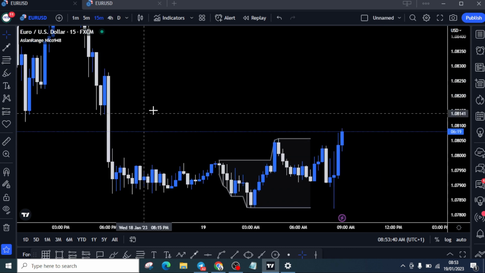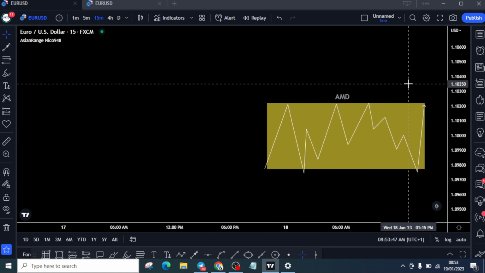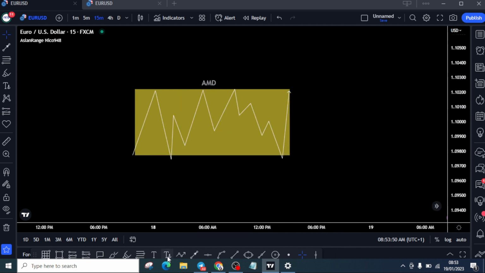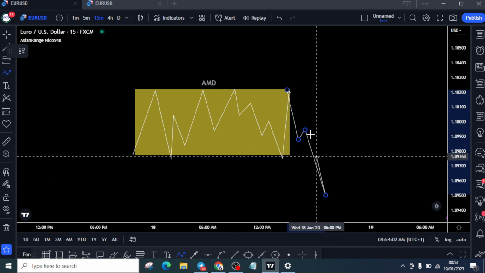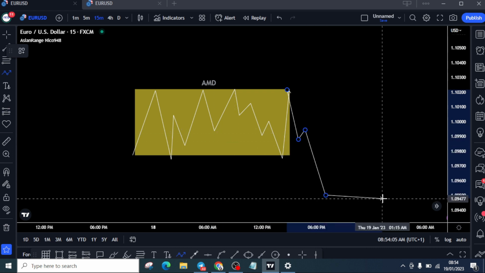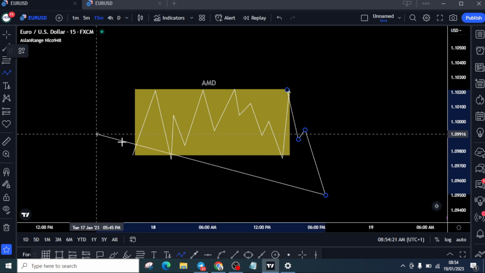Now you need to listen. Okay, so where is our drawing? Okay, here we have. Now we have this as our accumulation. So the first thing you want to wait for is the pre-London session open. You want to wait for a break of this accumulation. So you want to see the manipulation happen. Now majority of the time I don't trade the manipulation, so you should wait. So I'm going to say that the manipulation is going to happen most of the time in the pre-London session open. So after you've seen that the Asian lows have been taken,